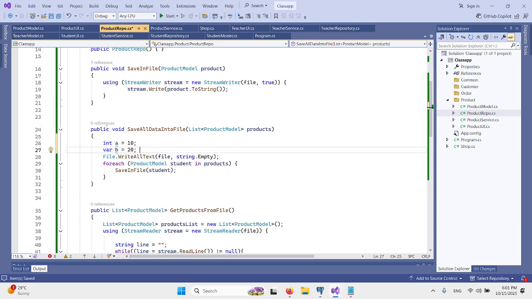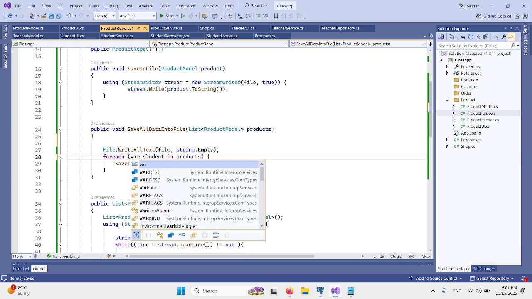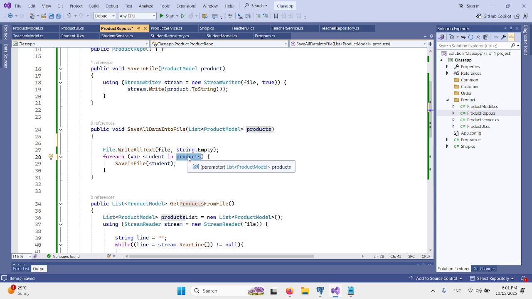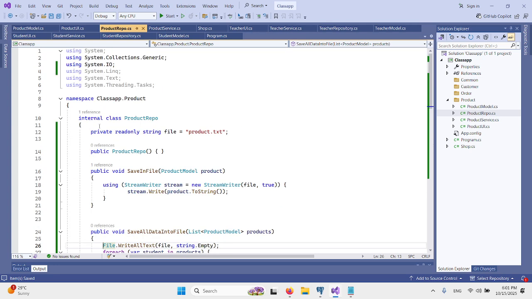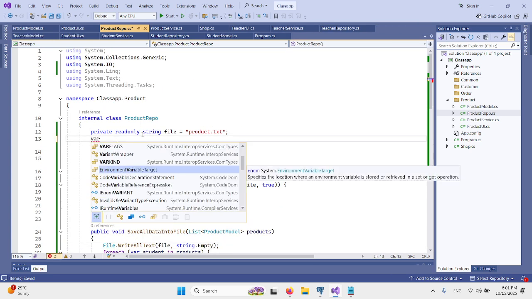So the data type of b is int here. It will be decided by the value, but this is only possible for local variables. So when you write var here, the type of this list is student model. So it means it will make this reference variable of the student model class. It will not work in global scope. It is not allowed here, you cannot write var. Okay, it will give you an error.